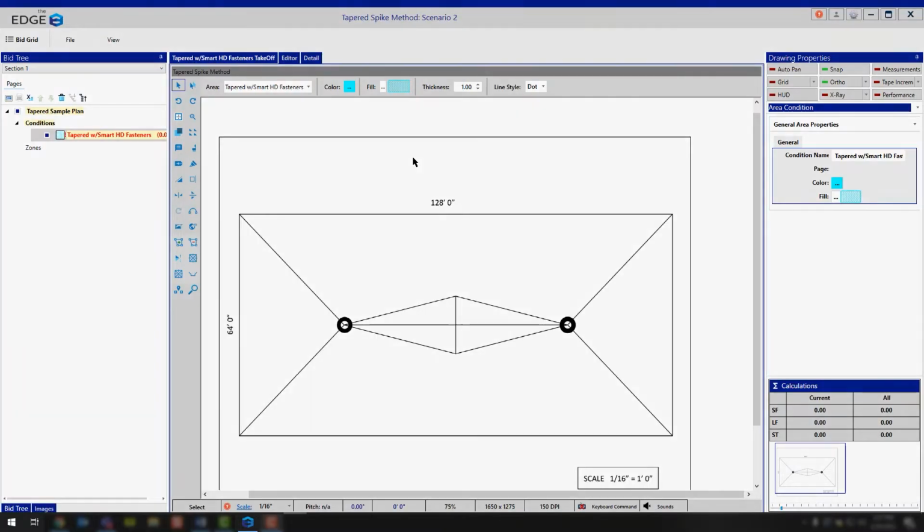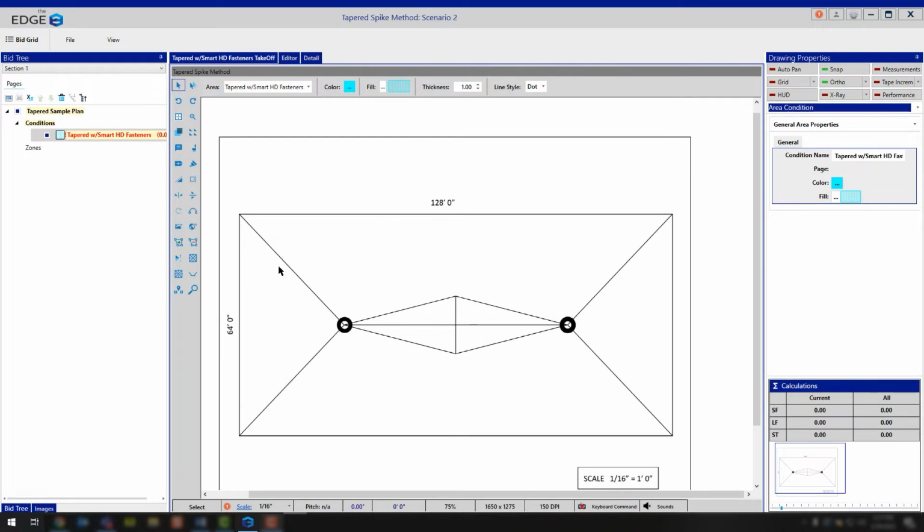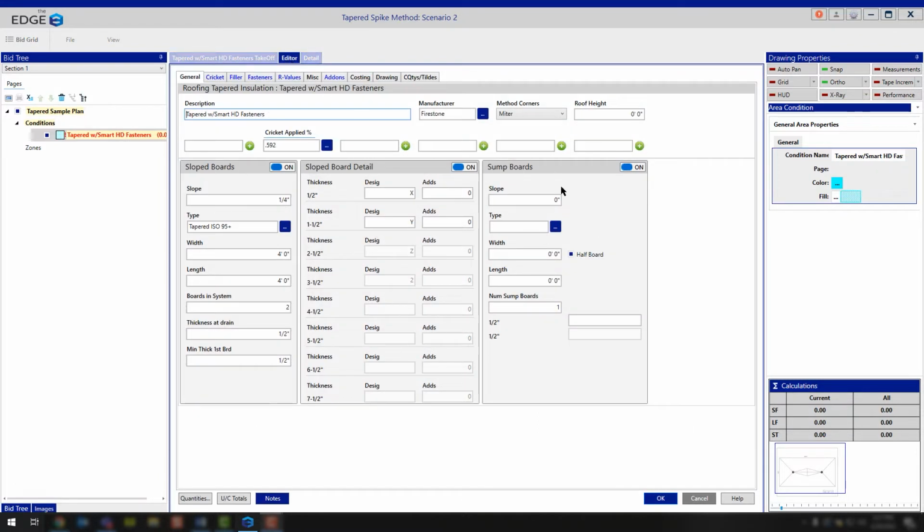Today we're going to cover the tapered module drawing tools that you have the ability to use. Now you're still going to be working with the area tool, however we are adding in a high-low capability, an auto Cricut capability, a manual Cricut capability, and a sump capability. The sump capability will only be turned on if inside of the condition properties you have sumps turned on and